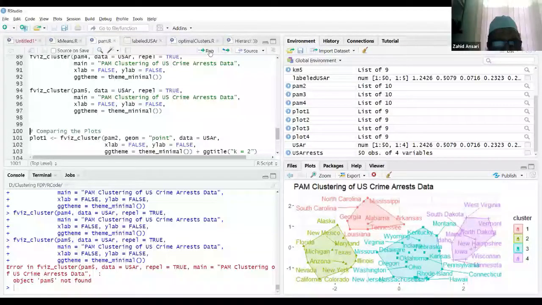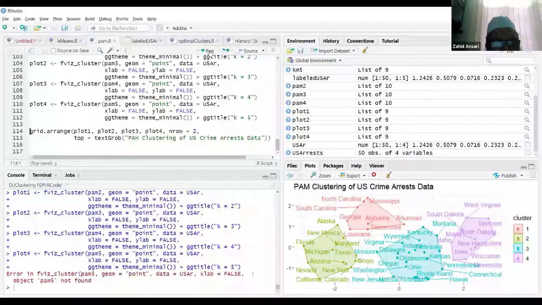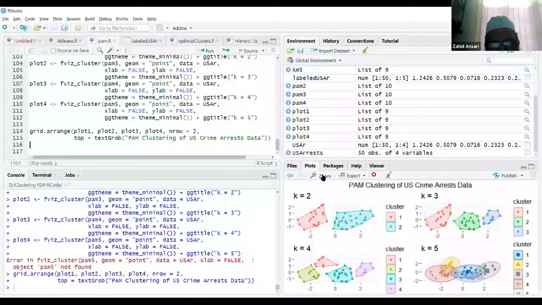If you want to compare the plots, we can take all these on the same grid, and we can check it as we did for the case of k-means. I'm zooming it. For one of them I specified elliptical type, so we could have done it for all of them. So we can compare the clusters over there, right? So this was the demonstration for the k-medoids clustering.